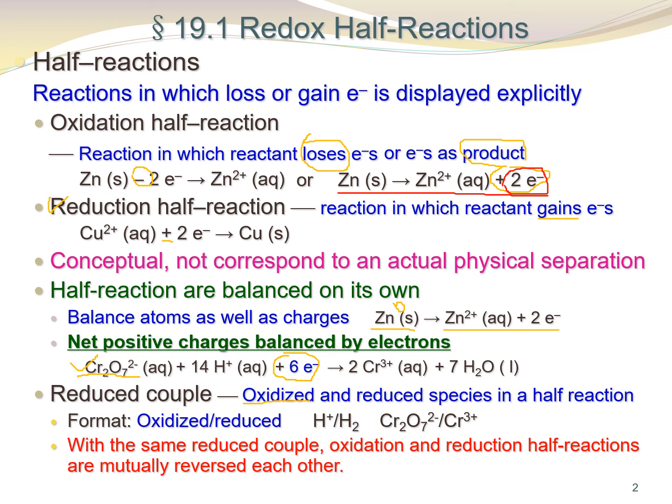And we can write the reduction half reaction on zinc, where zinc 2 plus gains 2 electrons to become zinc. Now you realize these two are totally reversed of each other. And of course, we have learned a lot of things about what happens if we have a reaction reversed, right? If you have a reaction reversed, we change the sign for delta H, we change the sign for delta G, we change the sign for delta